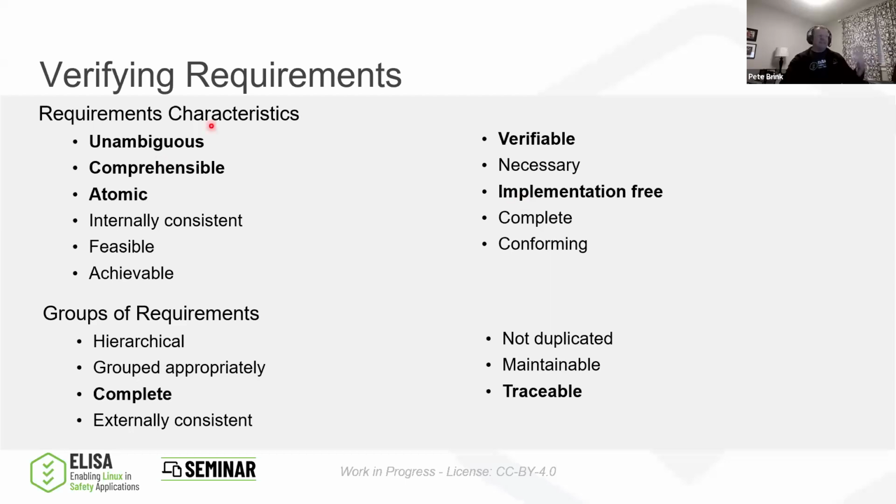That's talking about individual requirements, but of course then we have groups of requirements, and so we want them, at least according to the automotive safety standard ISO 26262, to be in a hierarchy. So that means we have higher level requirements that flow down into lower level requirements, and as we go to the lower level ones, they refine the details of what the higher level requirements have told us. The most important thing right here is complete. We want to have the requirements fully specified as a group such that we can determine that there's enough information.